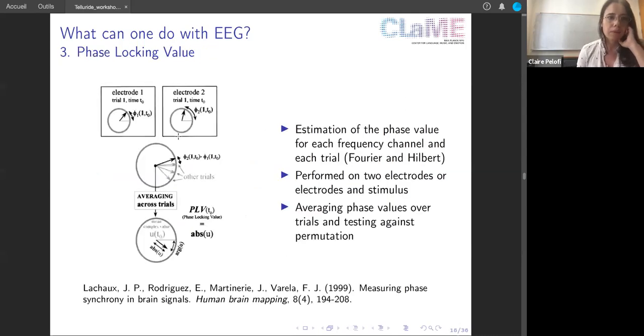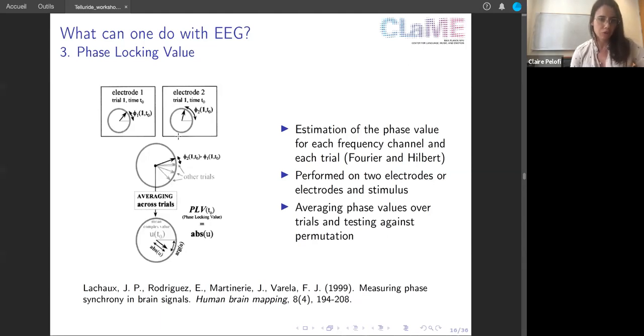Okay. Let's move on to a third type of analysis that you can do with EEG, and this is a phase locking value. So what you do when you look at phase locking value is that you estimate the phase value for each frequency channel and for each trial of your EEG signal. So you first apply Fourier so that you can decompose your signal, and then you apply a Hilbert so that you can compute the phase at each moment or each trial. And then you can average